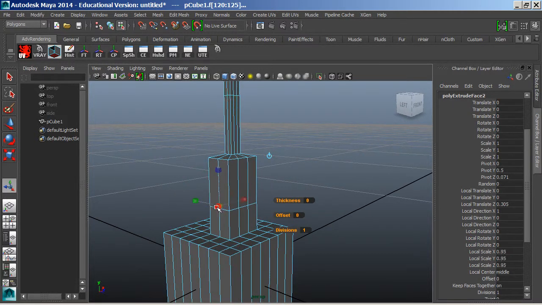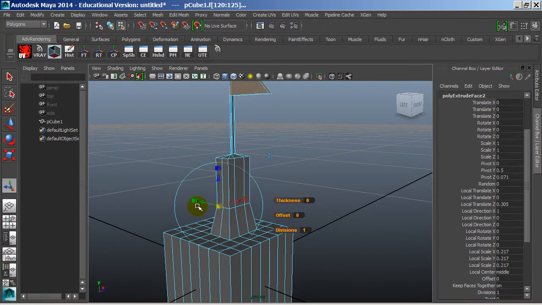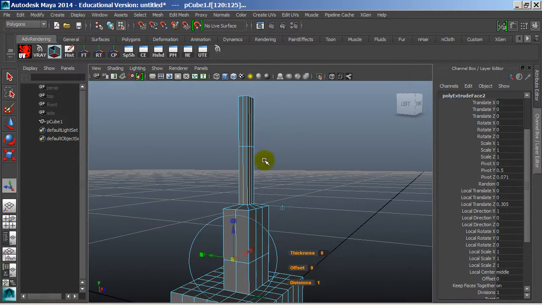And I could, let's say, shrink the whole thing down. And the history on here is going to update and it'll shrink everything else down. It'll say, okay, if you shrunk the first one down, then the second one's also going to be shrunk, and the third one, and the fourth one, and all of them. And it's doing something funky up here, which is kind of odd, but